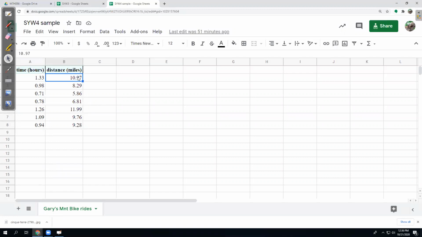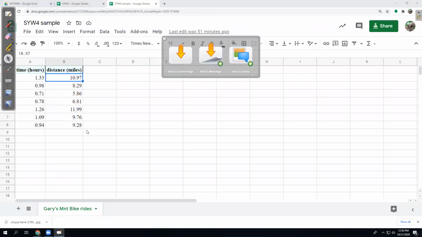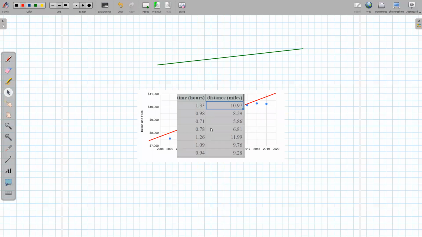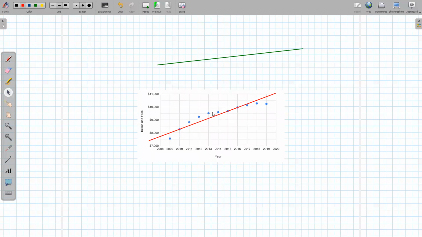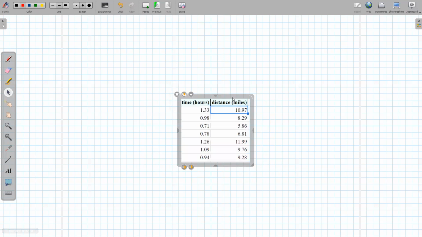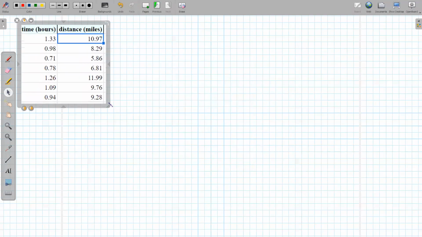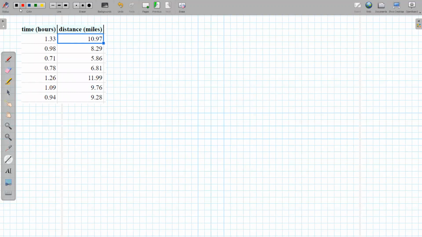So I do a lot of hilly mountain bike rides. It's rather slow going uphill. So I'm going to try and make a graph of this. So to do that, I need to plot these points. So feel free to play along and let's put that on a new page. So a spreadsheet is an option. You don't have to graph by hand. Spreadsheets do great graphs. So I'm going to graph it by hand though.